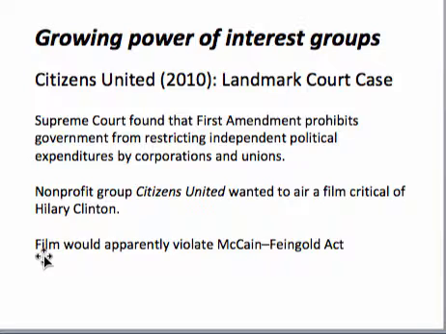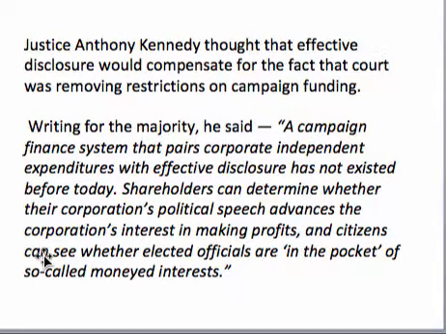So the bottom line is, with this court decision, the limits on campaign financing are removed, and we have the exponential growth in campaign financing. I include here a couple of quotes, one from a justice who actually wrote the opinion, Justice Anthony Kennedy, who just retired.